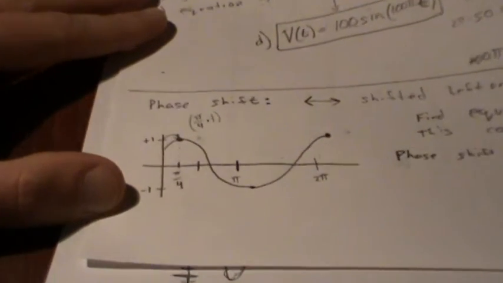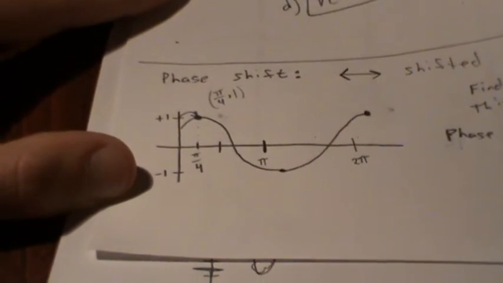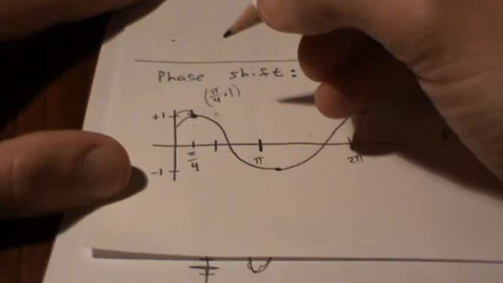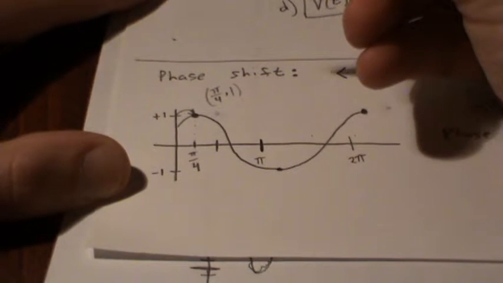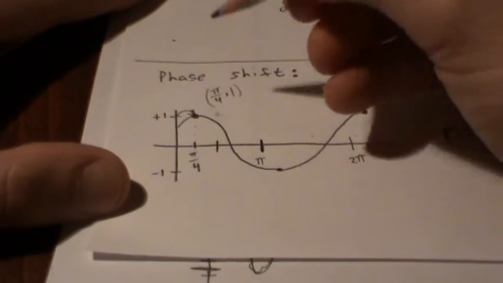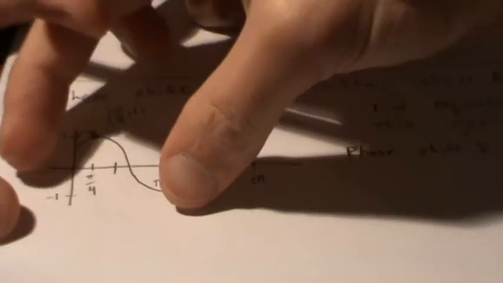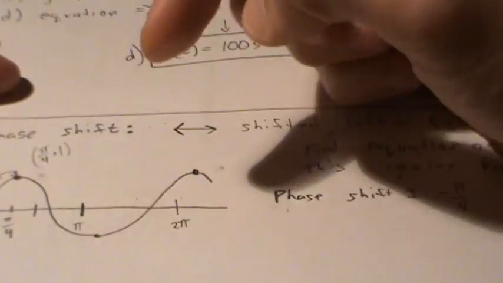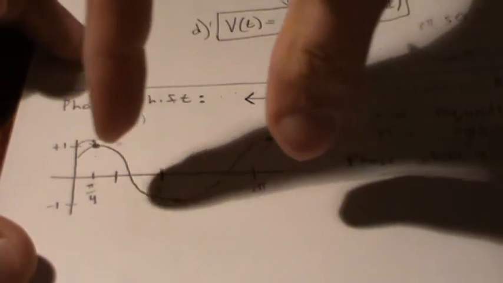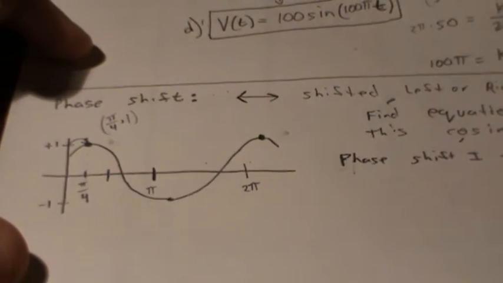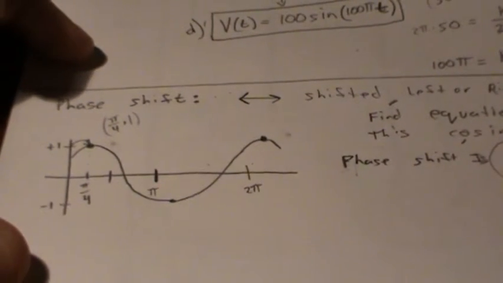And so something that's been shifted over that way by pi/4 has a phase shift of pi/4. And it's negative because, remember, imagine I've taken the cosine graph, and I've shifted it over pi/4, and we know that shifting in the positive direction results in a negative